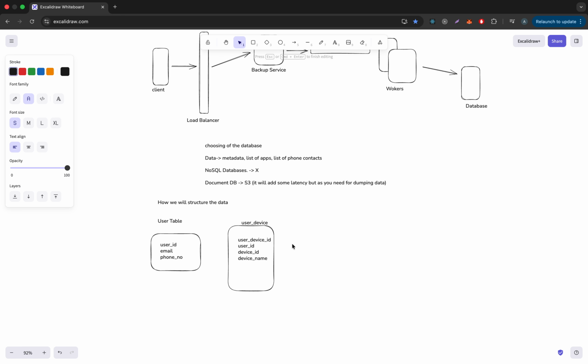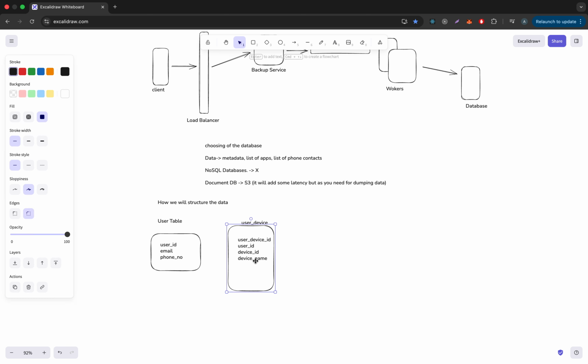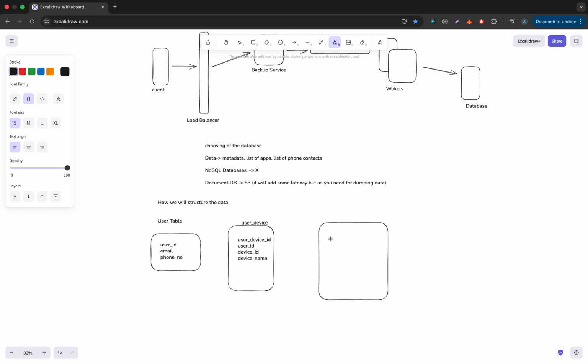Now there will be a list of apps and all those things, right? So that will ultimately store in our database, the S3 file. So the S3 file structure will be like this, I'm making it. It will be a JSON kind of a thing, right? By the user device ID it will be unique, right? And there you can make the apps,